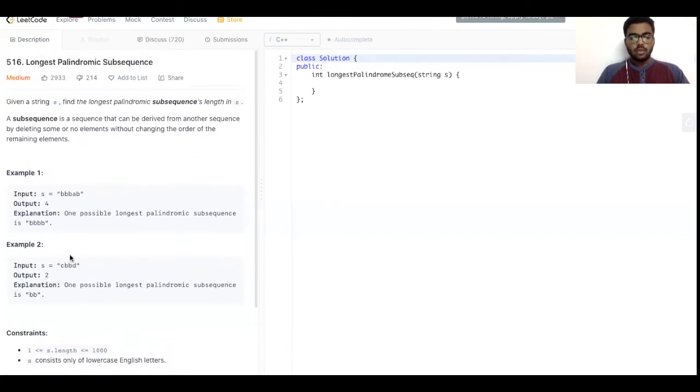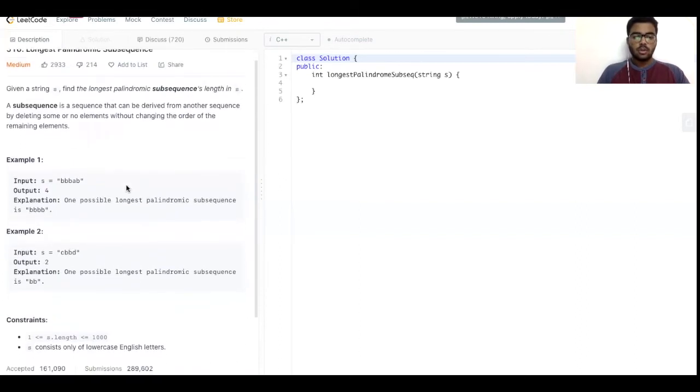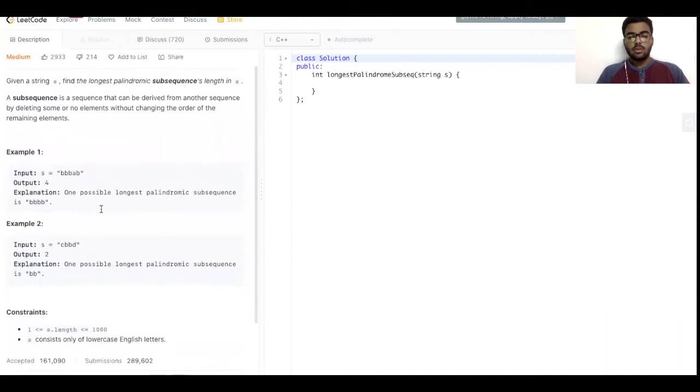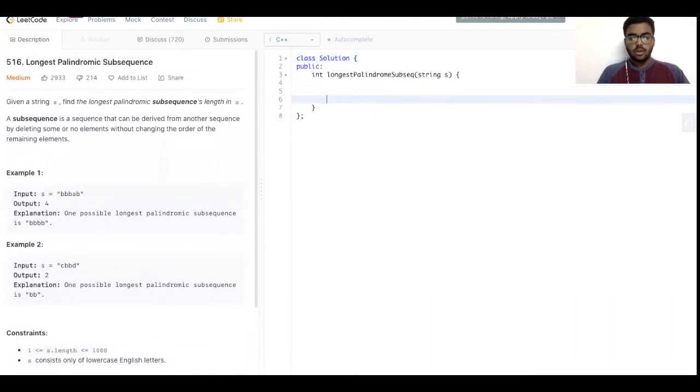How we're going to do this is similar to the problem that we solved yesterday, the longest subsequence problem. One of the methods that we can follow is to take this string and put a reverse of the string as string 2 in that function. In the longest subsequence problem, we can pass one string as the string that is given here, and the other string would be its reverse. But we will be solving this problem by the two pointer method, which is by memoization. So let's solve it and I'll explain the code along with it.